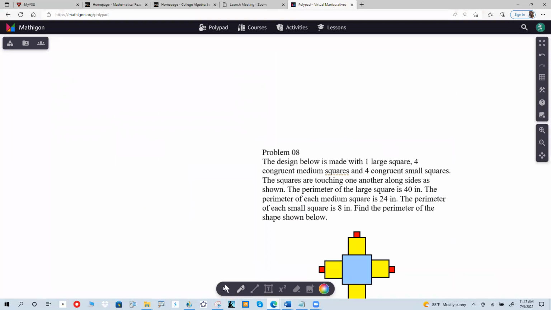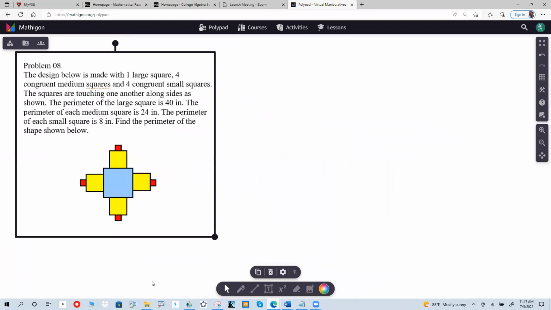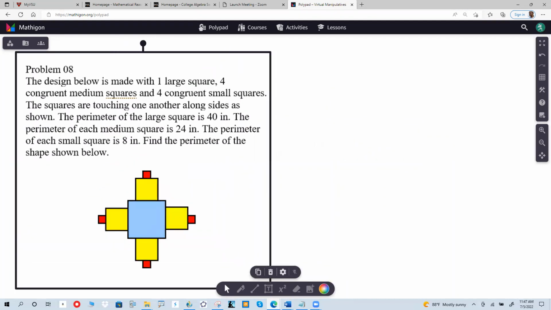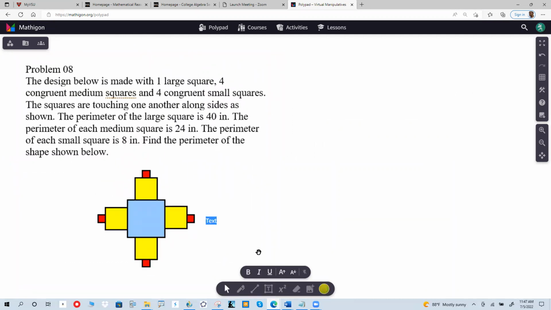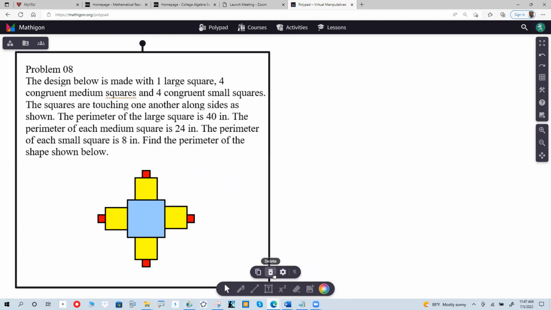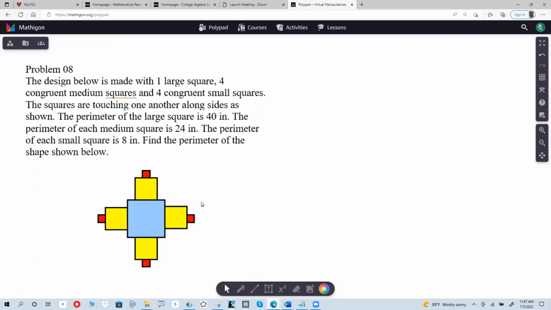I like the dark better than the hand. Okay. Now,